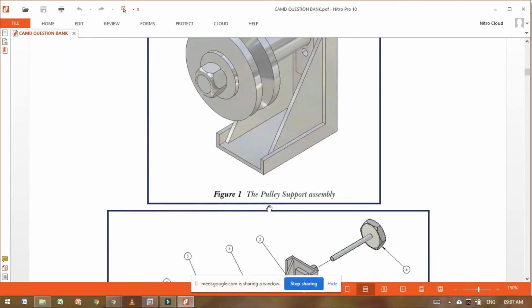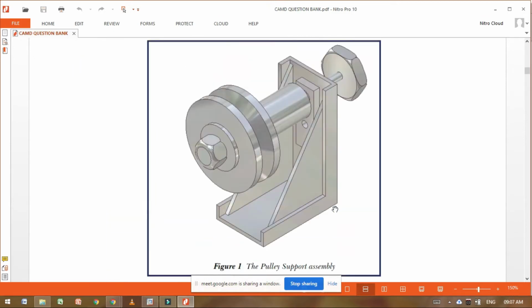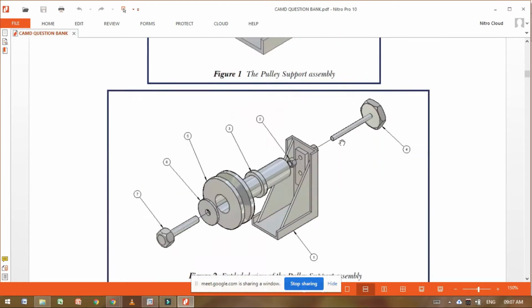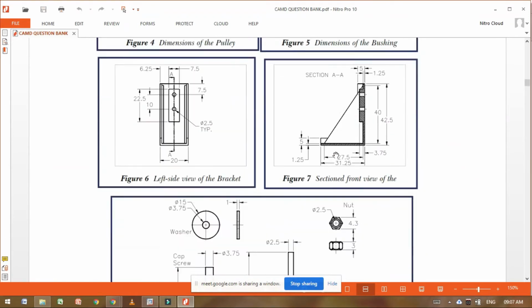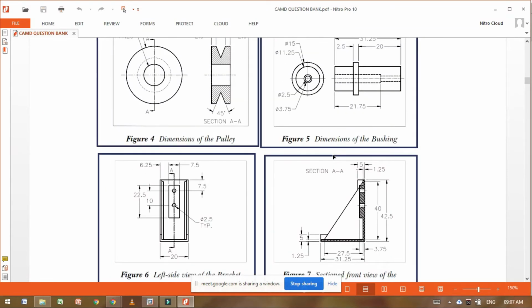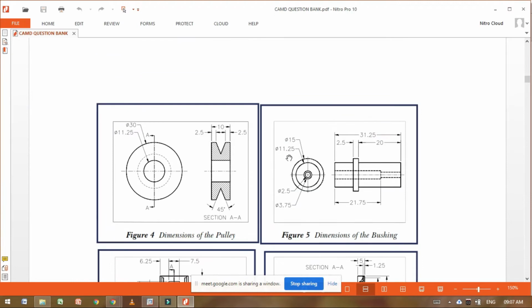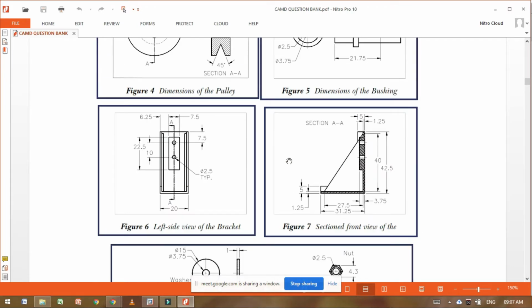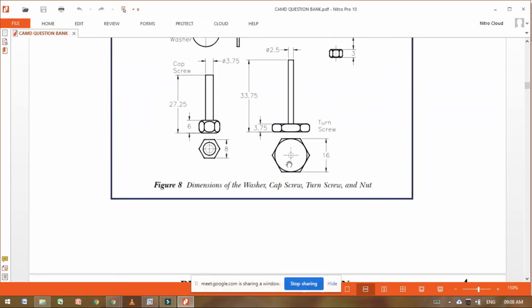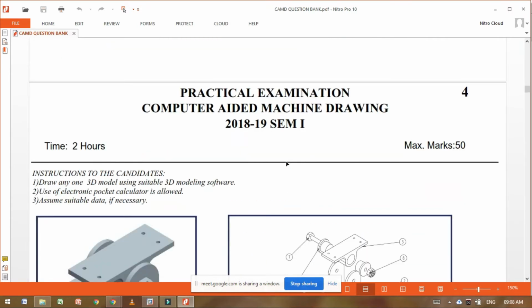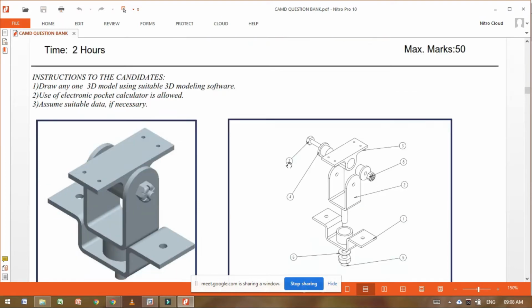This is another example. The name of this assembly is the police support assembly. Again, a number of parts are there. How to draw that, we will understand. In last lectures or last practicals, we understood various commands from sketching and 3D modeling. In 3D modeling we understood only the extrude, but by using the extrude and remove extrude, we can do all these things. It is possible, but there are also some other commands, like the revolve command, that we are going to understand. But I want to tell you here what type of examples or questions they will ask in your exam.